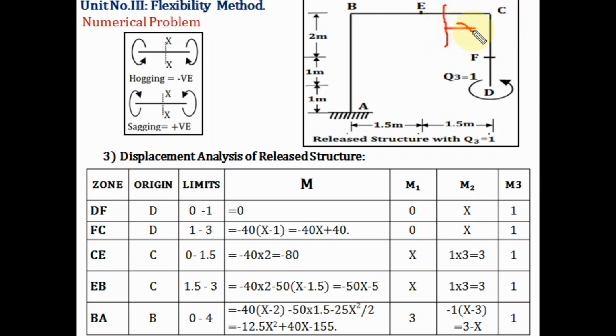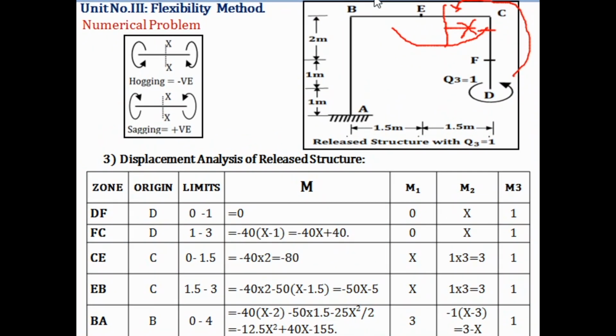CE. Again x is measured from C point here. This moment will act like this. So the nature of bending moment will again be sagging. So plus again 1. For EB also it will be the same. Okay. Again 1. Now for BA,